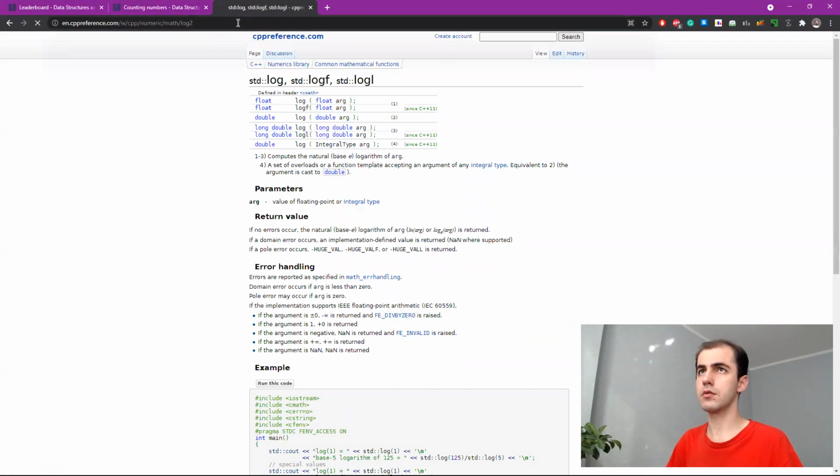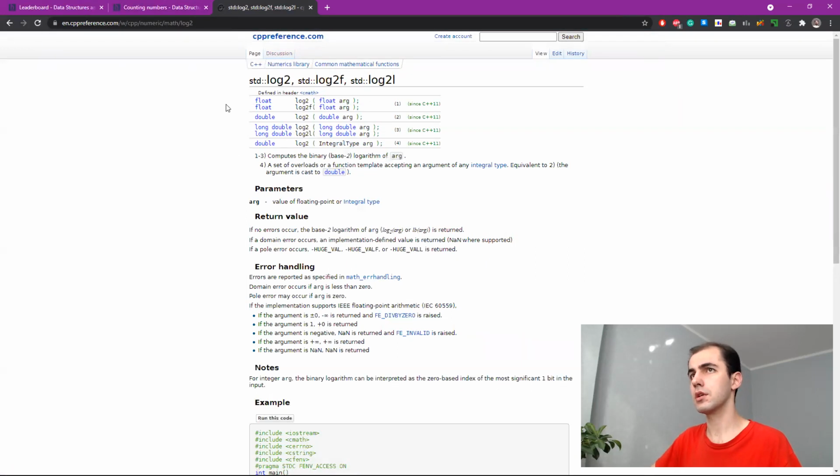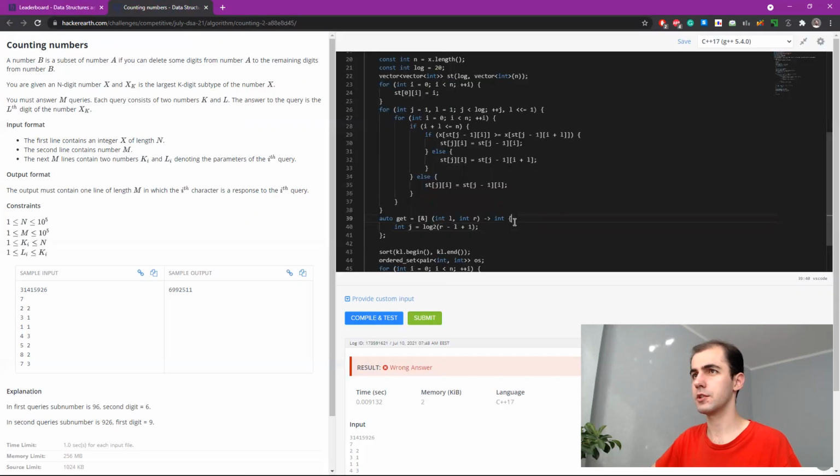How about log 2? Log is float, which is suspicious. I believe it is usually accurate. Let's think. And it will get rounded down, right? Which is what we want, technically.